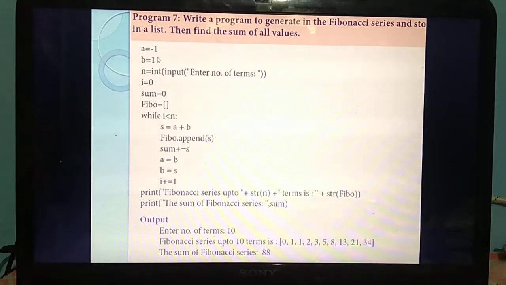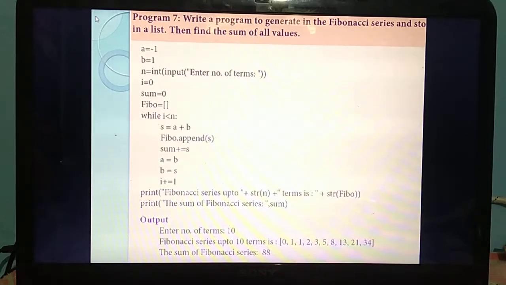Next, they asked to generate the Fibonacci series, so you need to enter the number of terms, that is, how many terms you need to generate. For that you declare a variable called n. Here you are going to give input. Numbers always mean the data type is int. To give input, you need to use the input function, so in the output screen you can enter your input. So int of input, here you enter the number of terms.